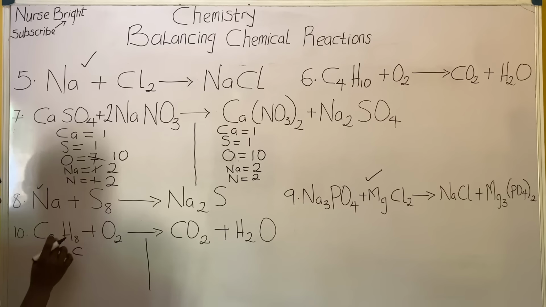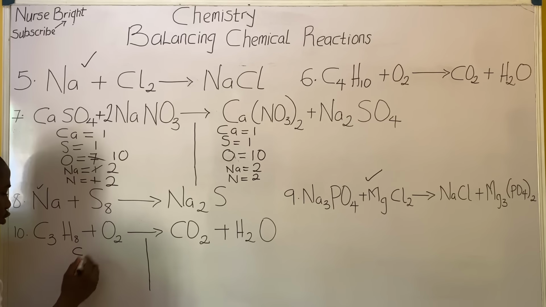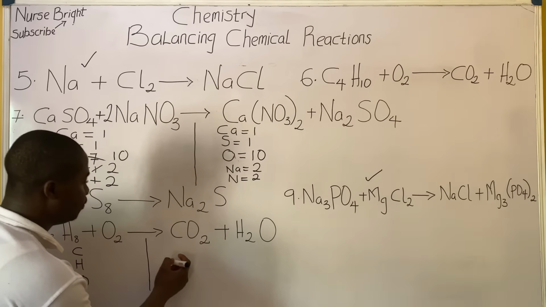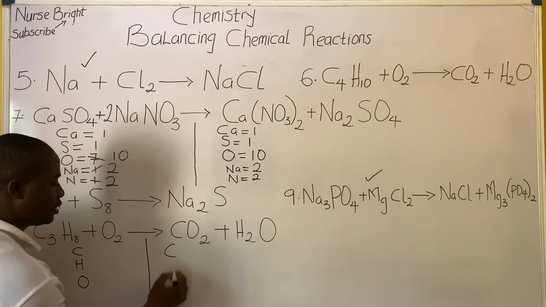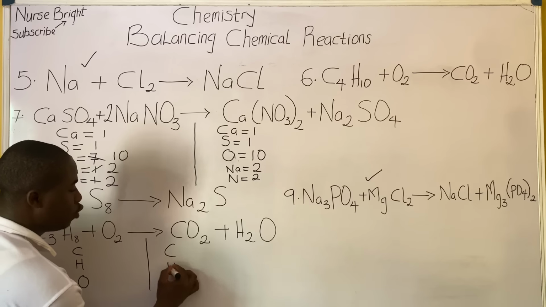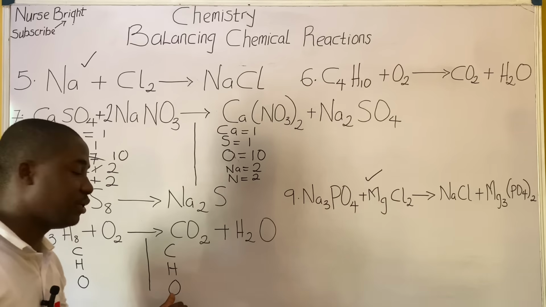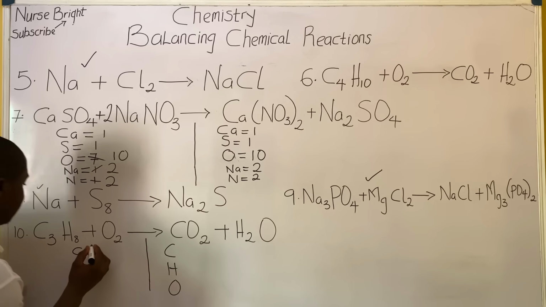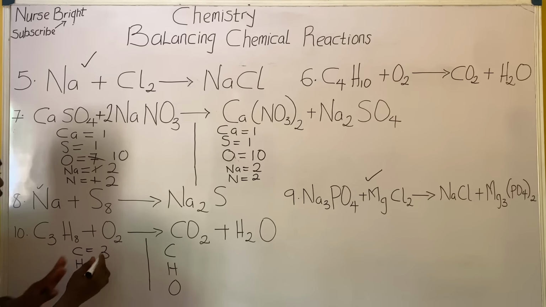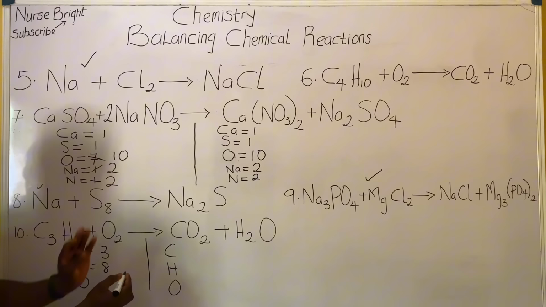We're having carbon here, hydrogen here, and also oxygen, CHO. We're having carbon, oxygen, and also hydrogen. Though we have another oxygen, you've already written oxygen there. Write out the elements: on the left hand side, carbon 3, hydrogen 8,